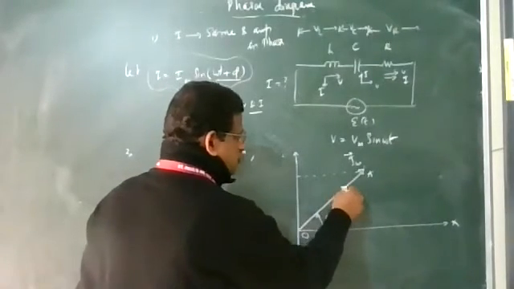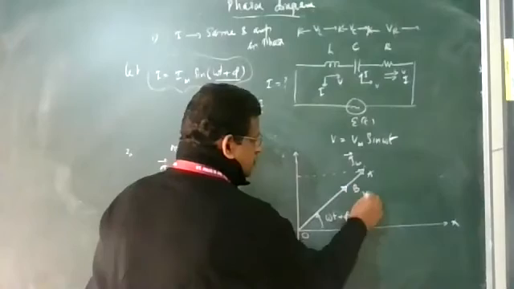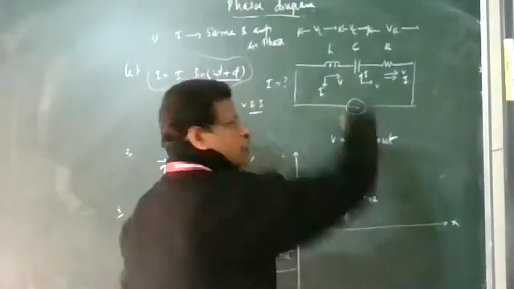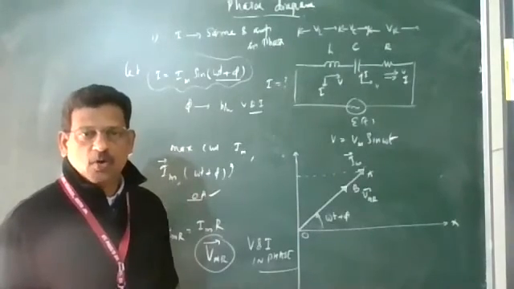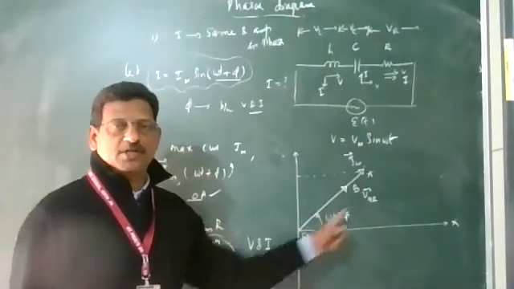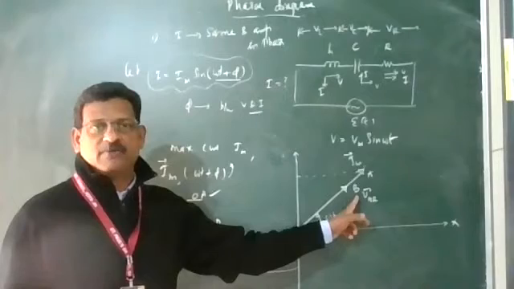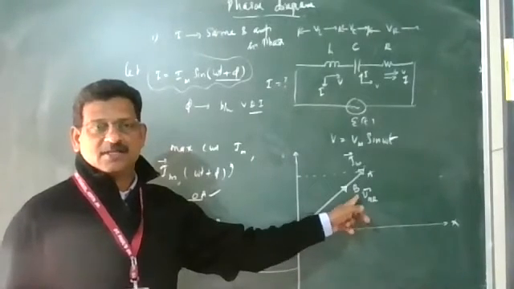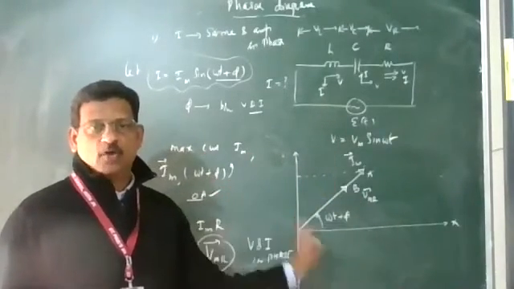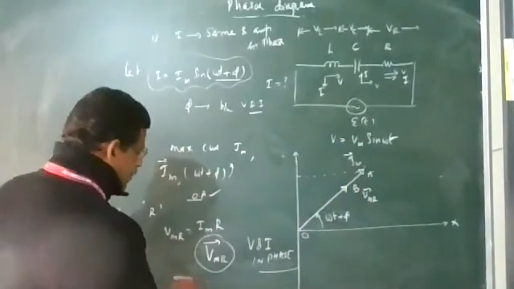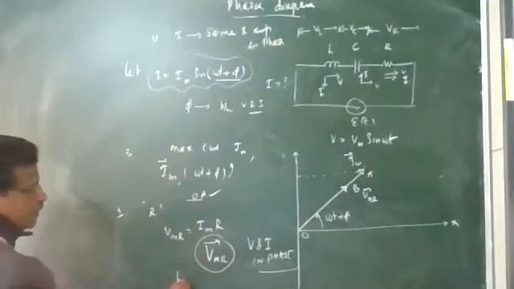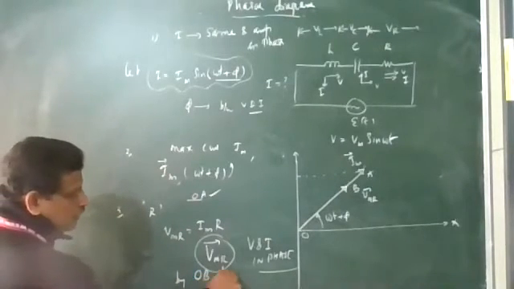I am marking up to here, no problem. This is VMR. We are not going beyond the current, up to here, any value for convenience. So voltage and current are in phase for the resistor. In the first phasor diagram we have drawn for the resistor, the voltage across the resistor and current are in phase, so it is represented by OB, which is along OA.